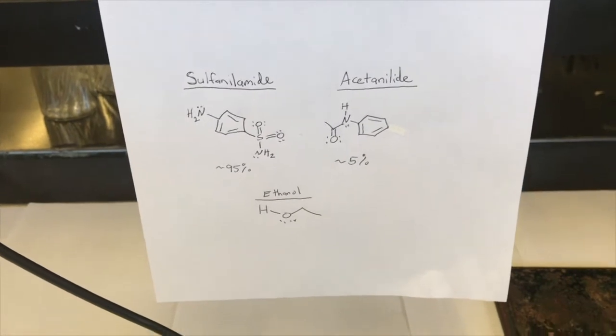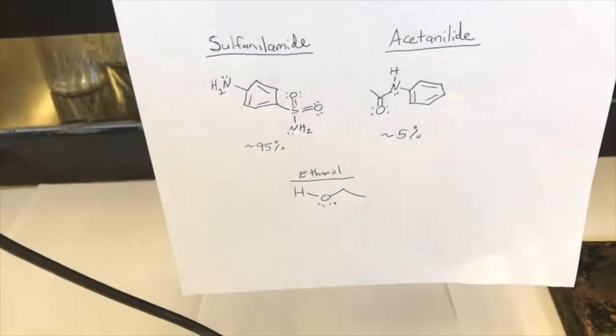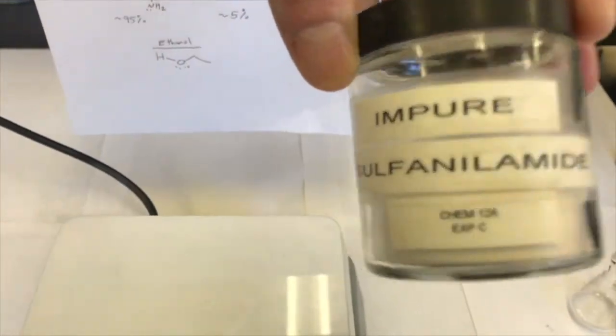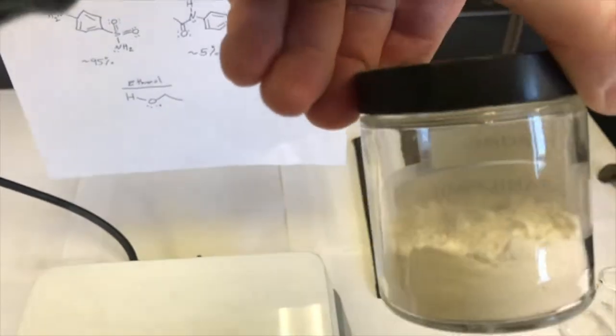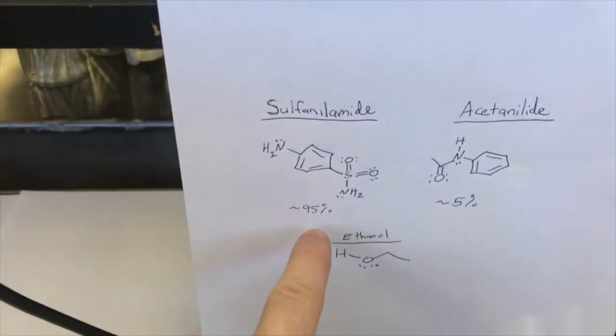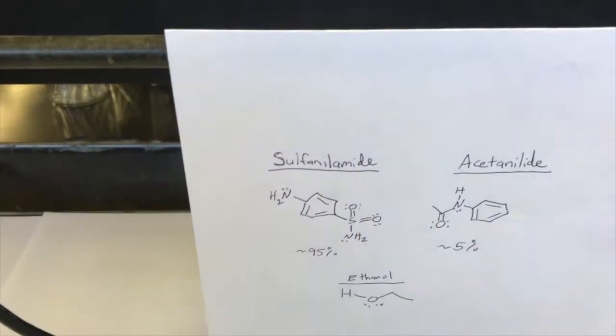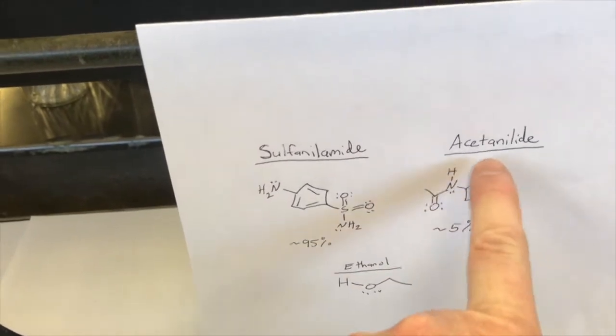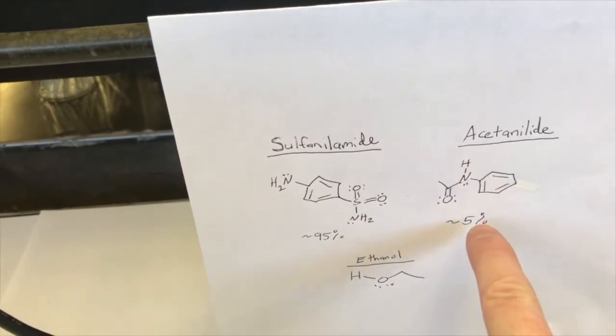We are going to crystallize sulfanilamide. We have a sample of impure sulfanilamide here. Impure sulfanilamide. It's a white solid. It's made up of about 95% sulfanilamide, one of the first antibiotics, and about 5% acetanilide, which is acting as